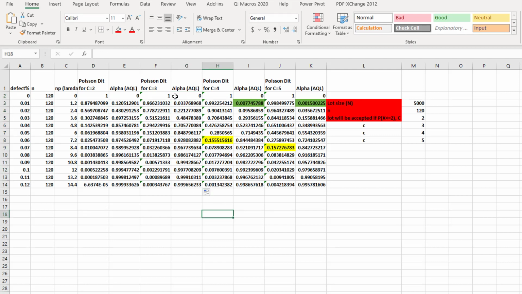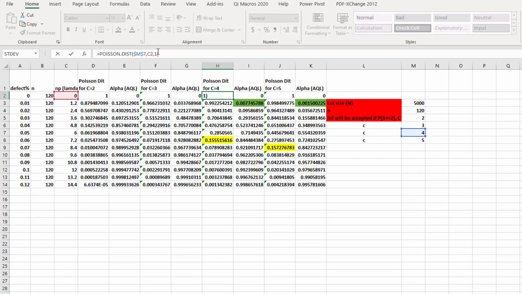Okay, so you can see when it is accepted 100%, the rejected probability means there is a zero chance that you will reject it. At 1% defective level, there is a probability of 96% that your lot will be accepted. But this is 0.03, because 1 minus this, there is a chance that the lot will be rejected. Similarly, we will construct the Poisson distribution for this one.